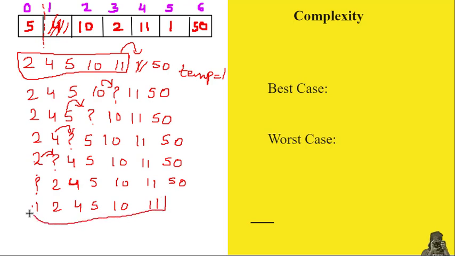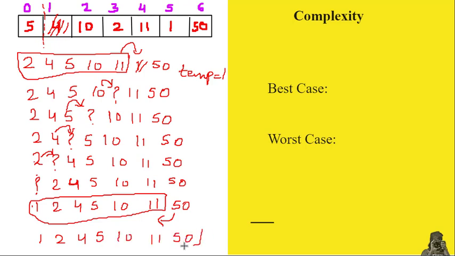So this is our sorted array, and the only item which is left is 50. Now we have to pick only that item. This is the first and only item of the unsorted array. So again comparison will be done with the closest value or the last value of the sorted part. So again 50 is greater than 11, so no swapping will be required. So here we will stop.